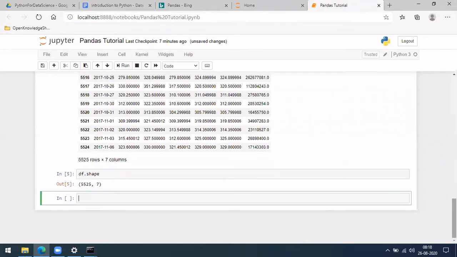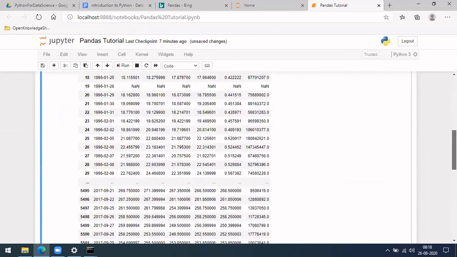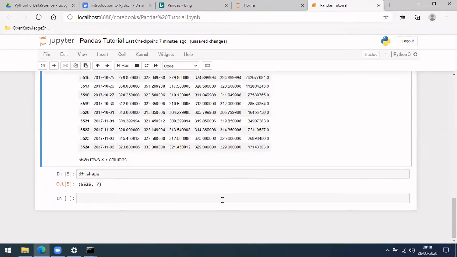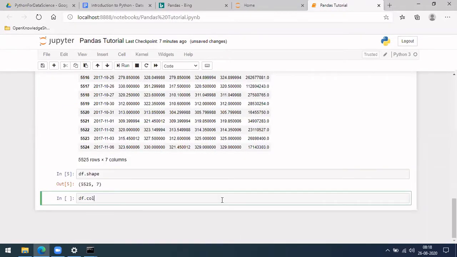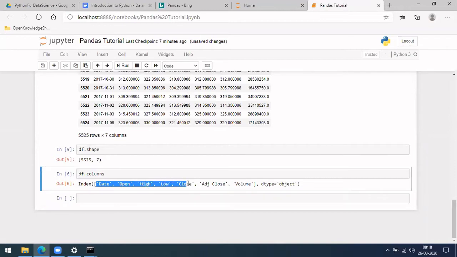In this, if you want to know what the column names are, you can do df.columns. Okay, so it will list you these 7 column names which were there.